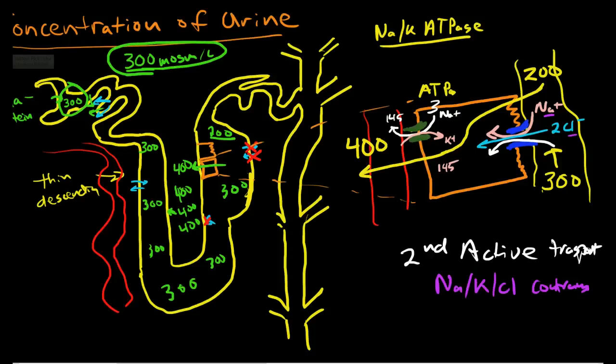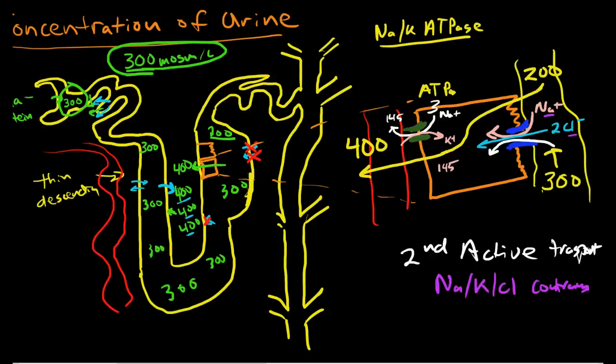So because the descending loop is permeable to water, water gets pulled out, down its concentration gradient, into the more highly concentrated surface. Now these microosmoles stay the same in spite of that because of the actions of the vasa recta, and I'm not going to get into that complexity here, but just what happens is when we pull water